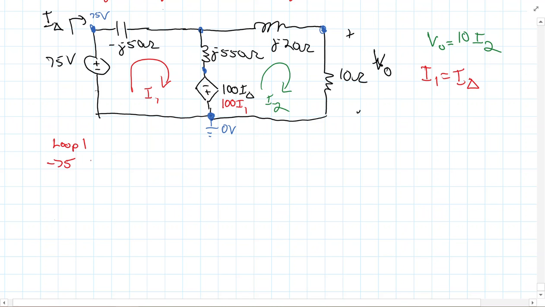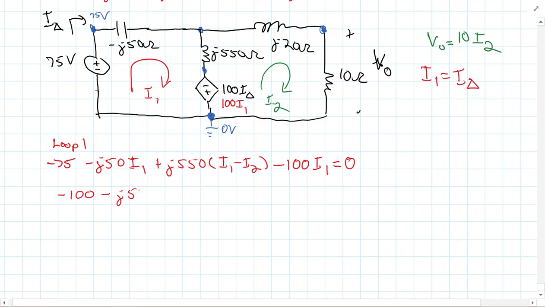I have negative 75, and then minus j50 times I1 plus j550 times I1 minus I2, and then we're coming into the negative side, so that'd be minus 100 I1 equals 0. Now if we're careful rearranging terms, I'd get negative 100 minus j 500